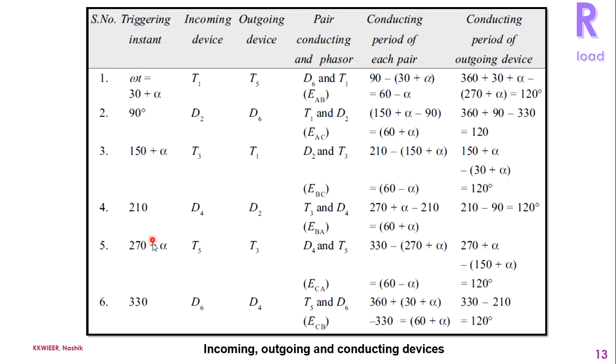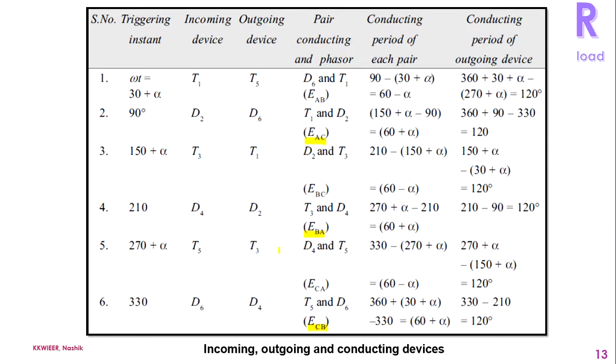The first column is the triggering instant. The second column indicates the incoming devices. The third column is the outgoing devices. This represents the conducting pairs and the phasors. The conducting period of each pair is represented by this column, and the conducting period of outgoing devices is shown in the last column. So from this table we can observe that the phasors EAC, EBA and ECB